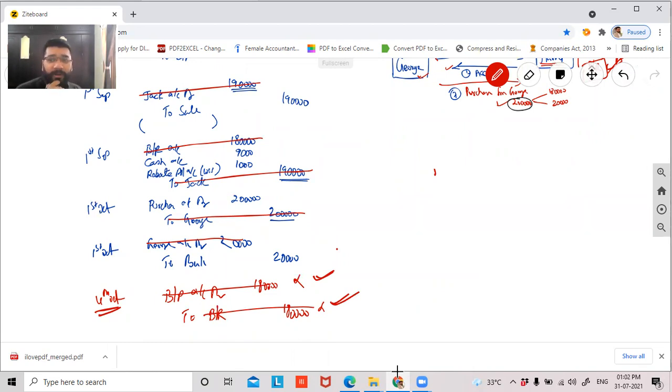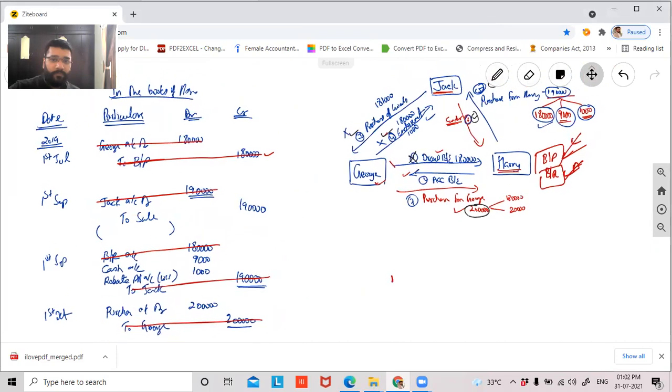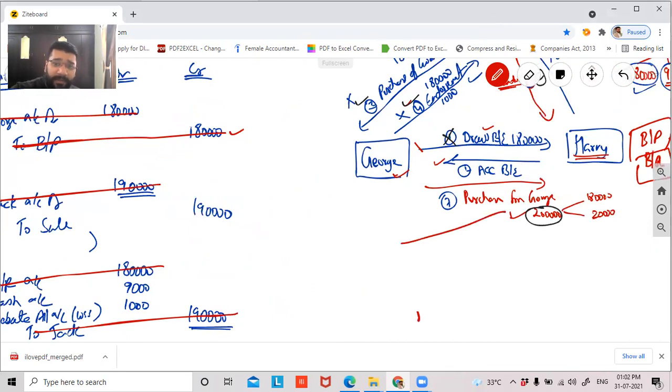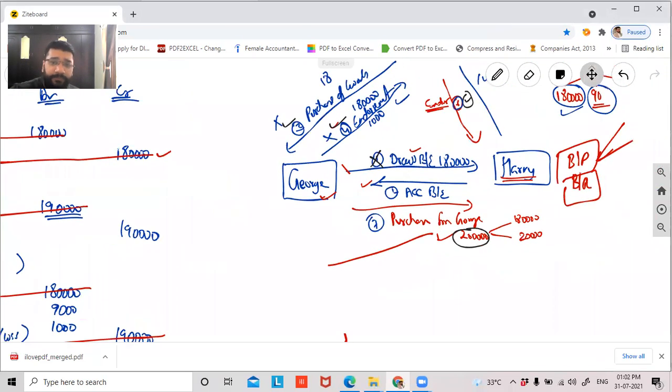Tell me, guys, comfortable, not comfortable? If anybody's got any doubt, please go through the question. Aram se, if you have any doubts, please ask me. I'll help. Don't worry. Let's not hurry. Let's not panic. Let's go aram se. You can look at this diagram and the entry which is there in the textbook.